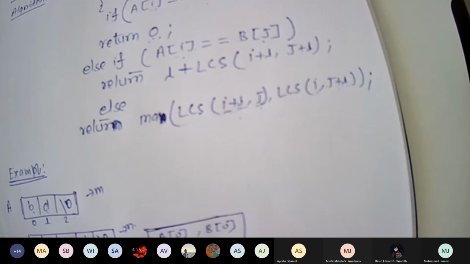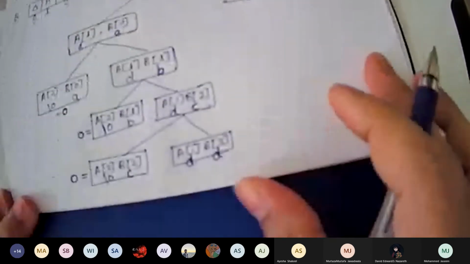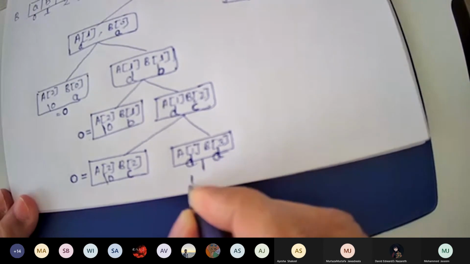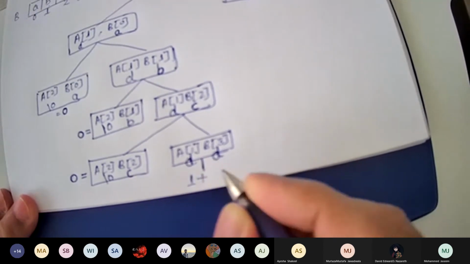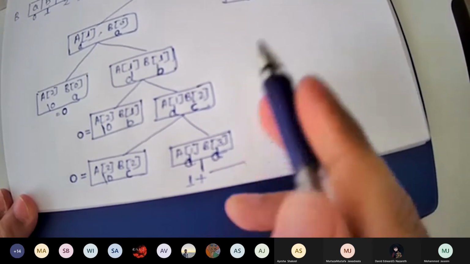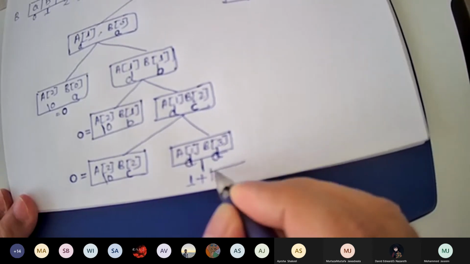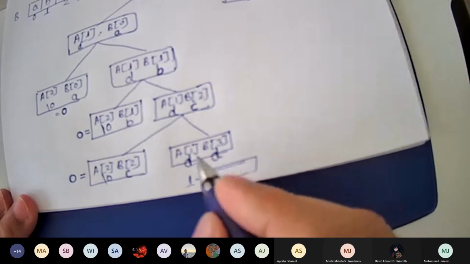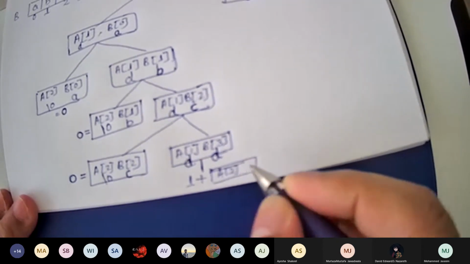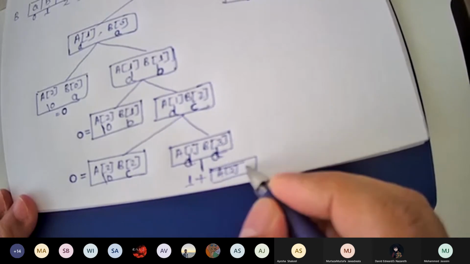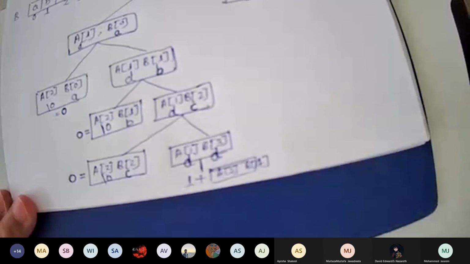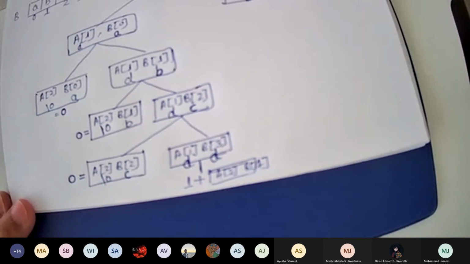So what value will be returned here? 1 plus I plus 1, J plus 1. So what is the value of I? 1. So it will become A of 2 and B of 3 will become B of 4. Any confusion, anybody?